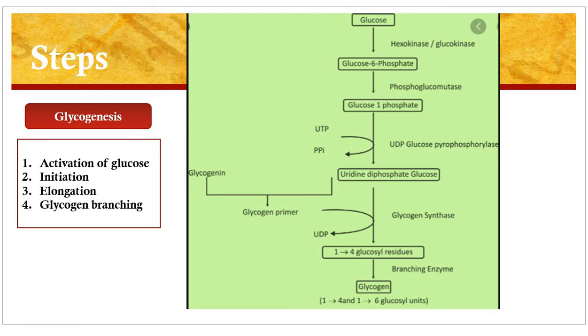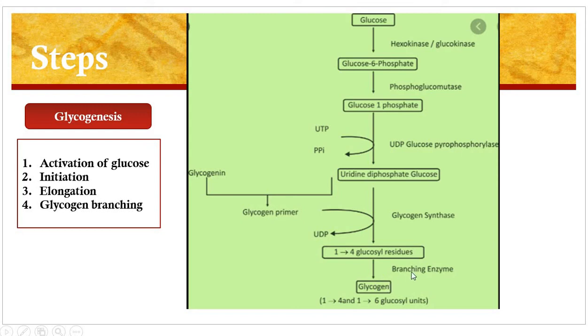And then after elongation up to 11 to 12 glucose molecules, there is the utilization of the branching enzyme, that is glucosyl 4,6 transferase, which will add 6 to 8 glucose molecules from this chain to another site to form the branching in the glycogen molecule.